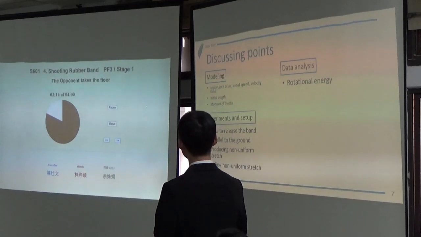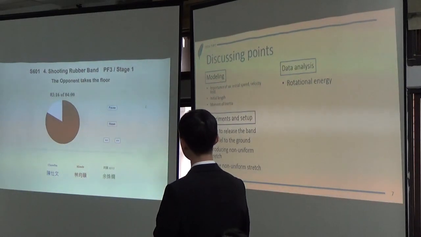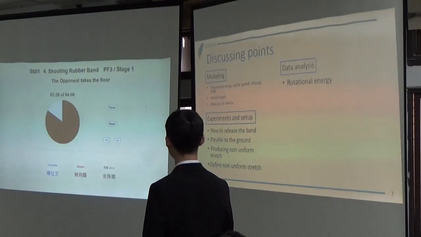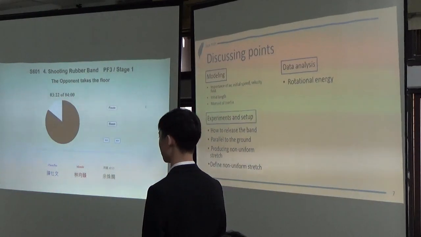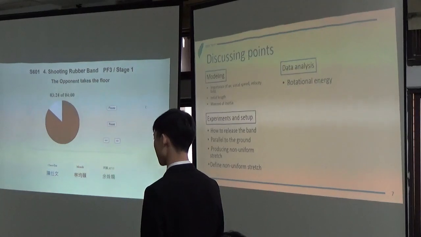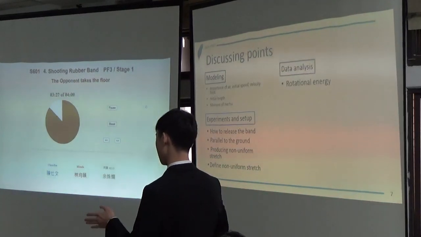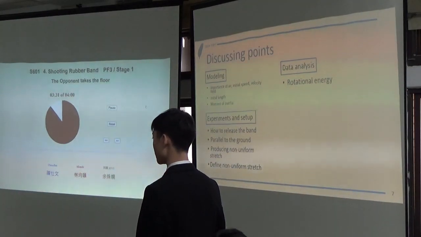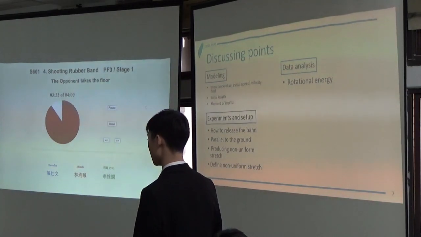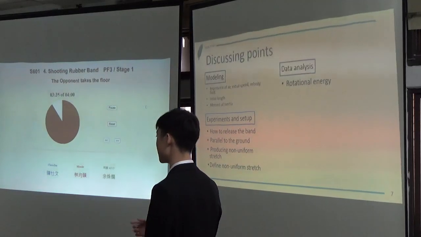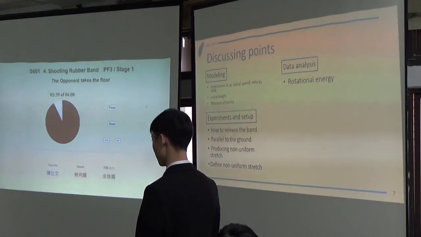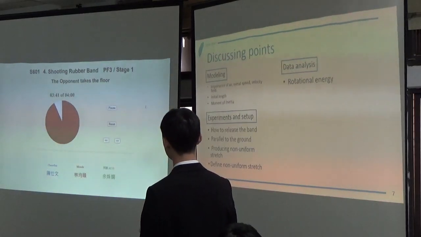Okay, nextly. So for discussion points, we want to discuss with you the model. For the modeling part, we think the air resistance has some importance in affecting the distance of the rubber bands, because if you have the same initial velocity but you have different spin, then the Magnus force must affect the